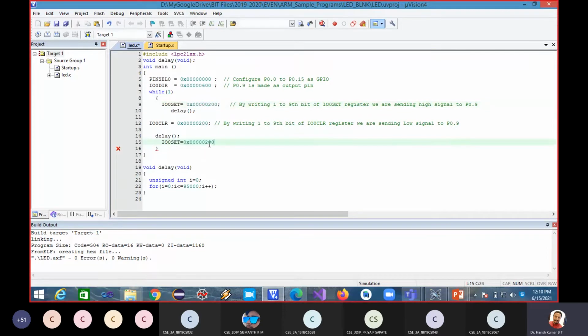What is the data for making the other one glow? What is the data? 4. Yes, 4 it is, because I need 1 at the P0.10 position, and then call delay again,